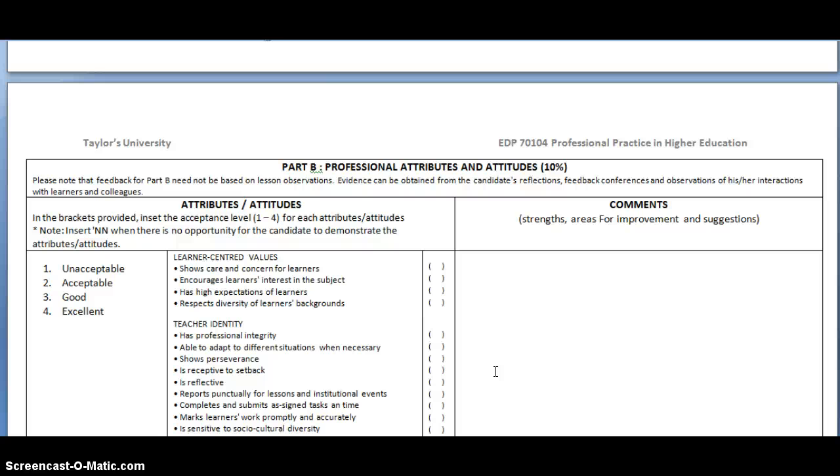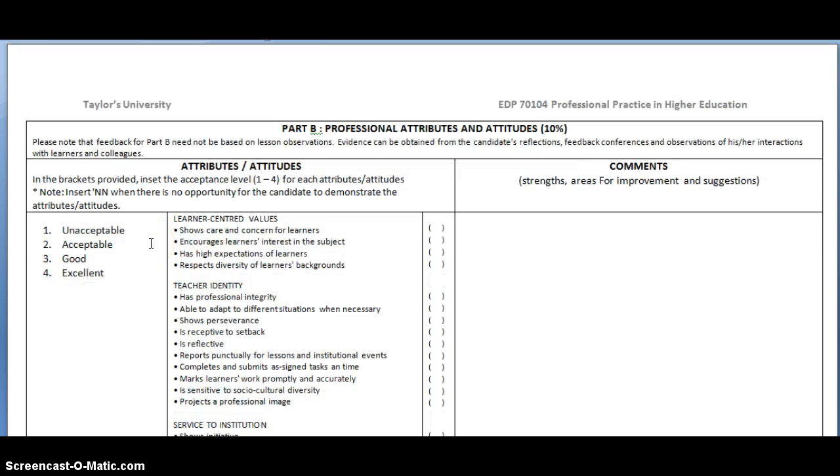Please note that feedback for part B need not be based on lesson observations. Evidence can be obtained from the candidate's reflections, feedback, conferences, and observations of his or her interactions with learners and colleagues. Okay, attributes or attitudes. In the brackets provided, insert the acceptance level of 1 to 4 for each attribute or attitude. Note, insert an N when there is no opportunity for the candidate to demonstrate the attribute or attitude. For this one, the scale is 1 is unacceptable, 2 is acceptable, 3 is good, and 4 is